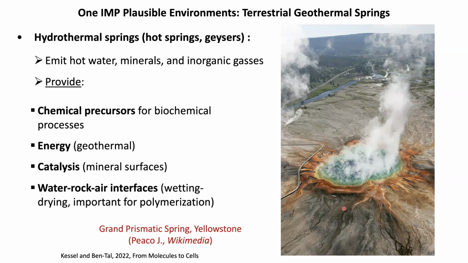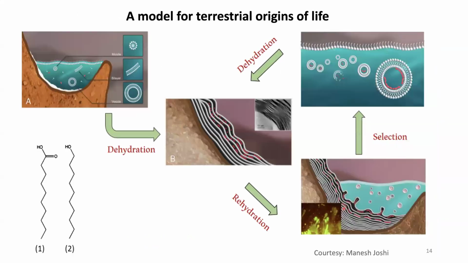So all of these reasons are why hot springs, or terrestrial geothermal springs per se, are very, very interesting analog environments for us to study in the lab and to simulate in the lab to better understand the reactions that we are interested in. So we have a model for how we think life might have emerged in these environments, given the right fundamental precursor molecules. For example, the compartment-forming molecule, the information oligomer-forming molecule, and the catalytic polymer-forming molecule.